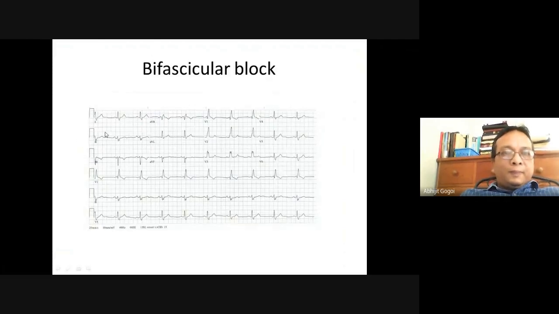And in this ECG, you see an upright V1 wave. If we have to diagnose it very quickly, look, this is upright, so right bundle branch block. Then coming to the cardiac axis: lead 1 is positive and lead 2 is negative. That is left axis deviation, and one of the causes of left axis deviation is left anterior fascicular block. So the left anterior fascicle is blocked here, and the right bundle branch is blocked here. So this is the diagnosis of bifascicular block.